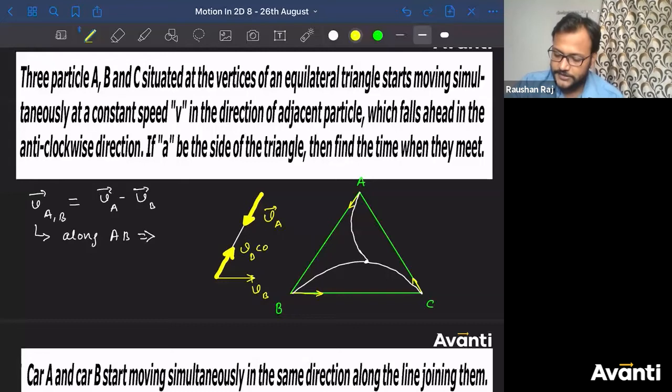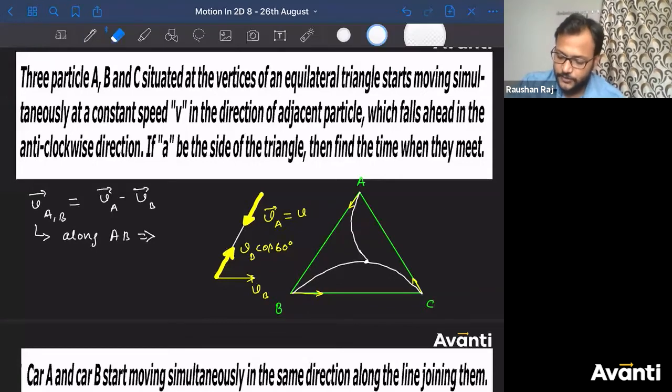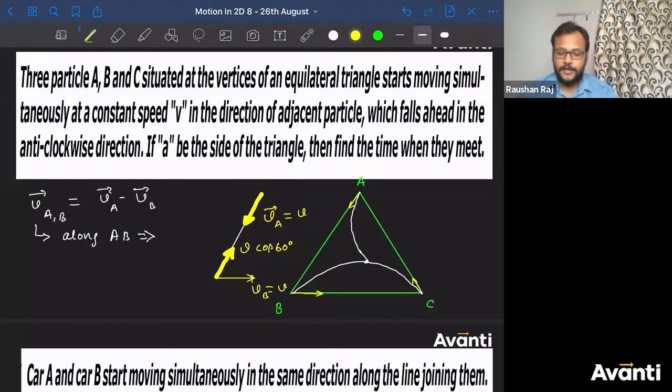VB cos theta, theta is 60, so cos 60. VA is nothing but V, so VB is also V cos theta. This is equal to V. Now if I ask you what is VA comma B along AB, what will be the answer? So VA comma B